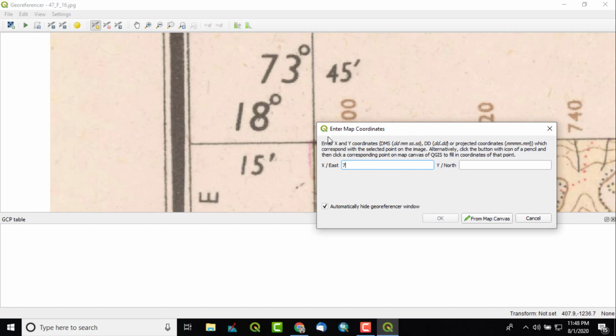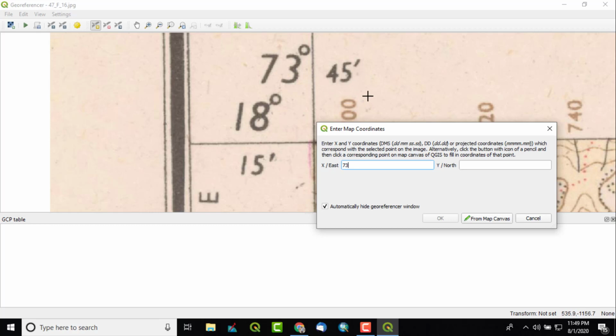So here it is 73. This is in degree minute format. We can change it to degree decimal format. Decimal means we have to put the fraction of minutes as a decimal, and degrees we put as it is. So 45, 1 degree is equal to 60 minutes, so 45 is out of 60.